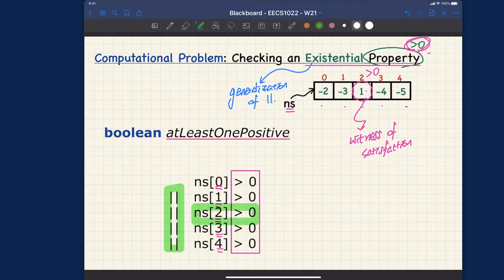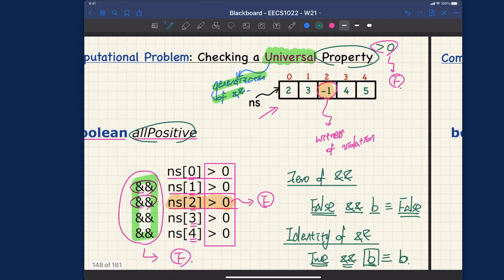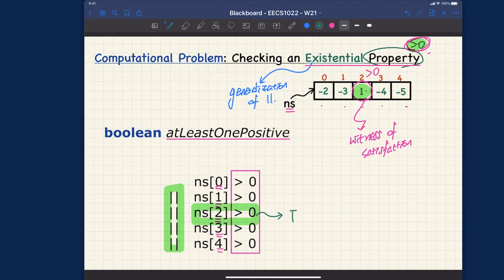element at index 2 is actually 1. So 1 larger than 0 is going to be true. So this will actually make it true. Okay, so this one, let me just see what I did over there. Yeah, exactly. This will be true. So this is going to be true in this case, right? 1 larger than 0. So the entire disjunction will be true for sure, despite there might be some false